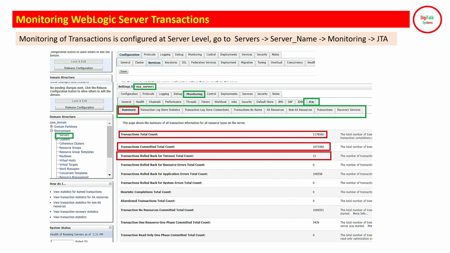Okay, and now if you would like to monitor the transactions, how many transactions are executing in your system, how many transactions are committed, how many transactions are rolled back, for that you go to your servers, click on the server name, click on the monitoring tab, then JTA, and then click on summary. And here you can see the total number of transactions that have been executed on this particular server since the last restart of the server, then the total number of committed transactions, rollback transactions, and apart from that,